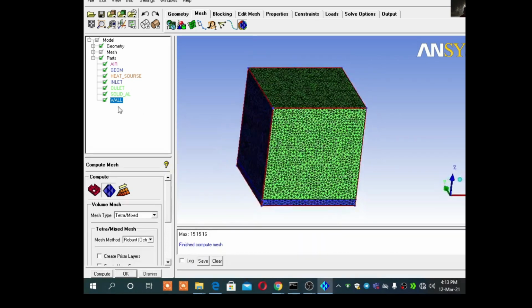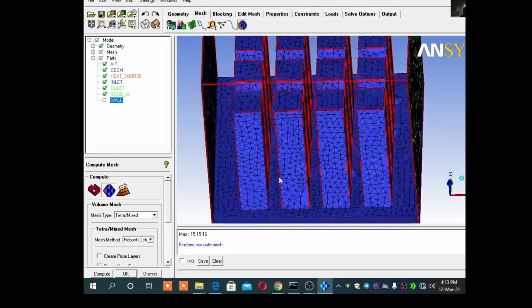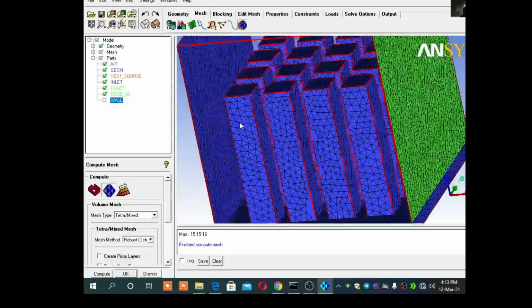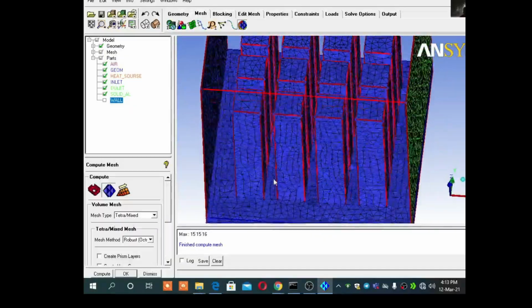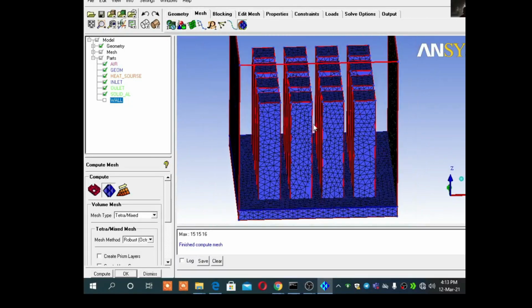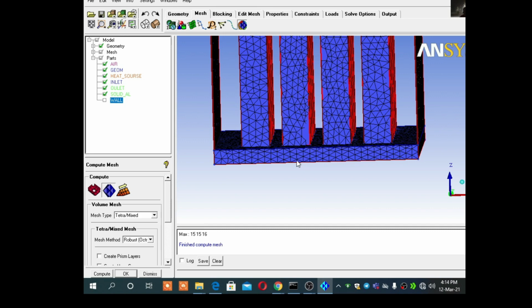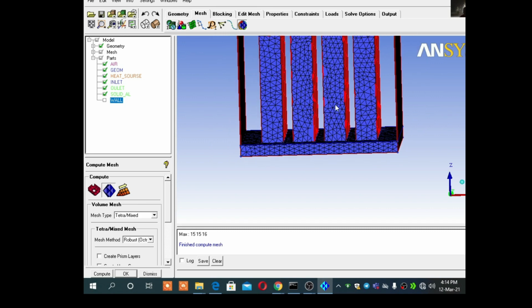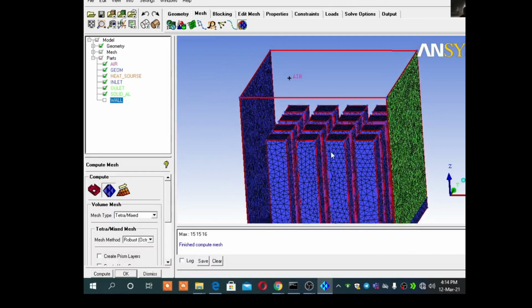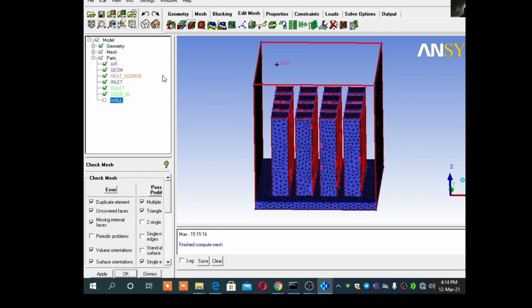Okay, if I hide this box wall, now you can see these are the triangular mesh or triangular grids which are used for analysis purposes. And for the base we are having about 1 2 3 4 5 6 layers of mesh. Okay, then I will go for edit mesh, check, apply.